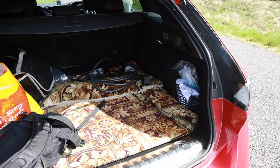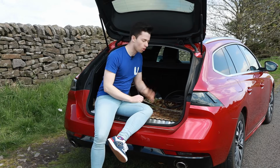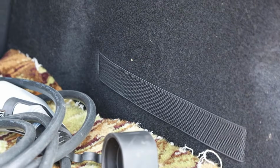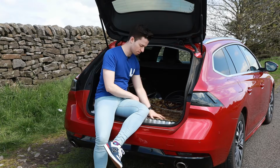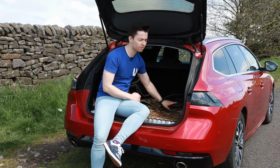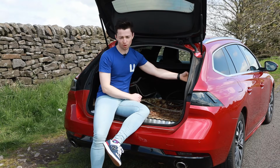The boot is a very practical size and shape. It's quite boxy, and you've got a range of cubbies at the side of it, elastic strapping, carrier bag hooks, and there's a little bit of a portion under the boot floor here, but the rest of it is taken up with batteries. You've definitely got space to carry around your charging cable, and you've also got levers to drop